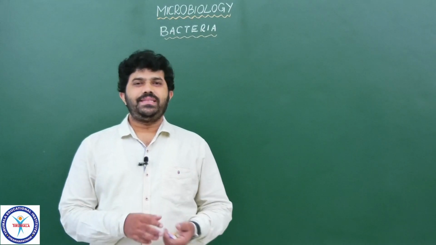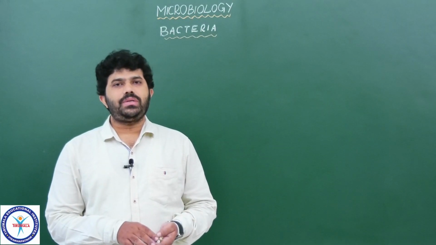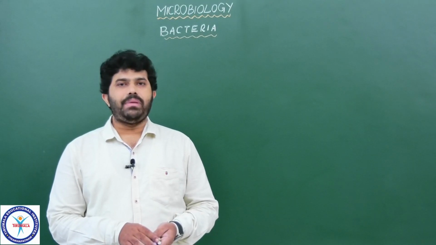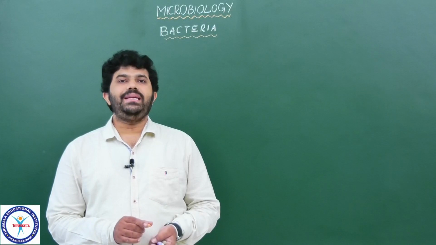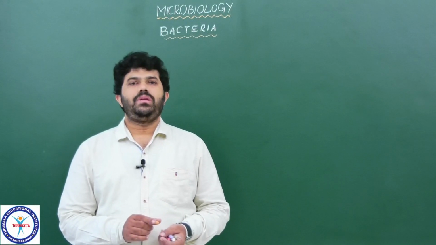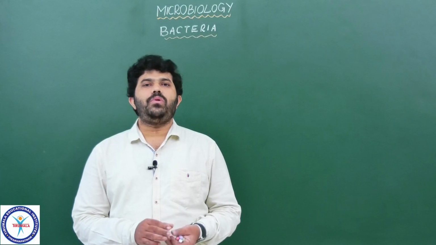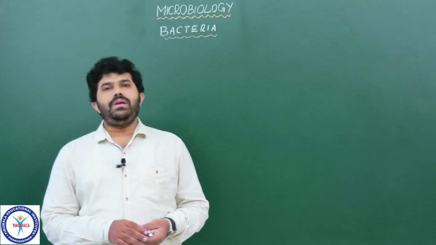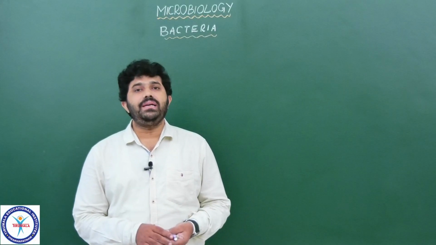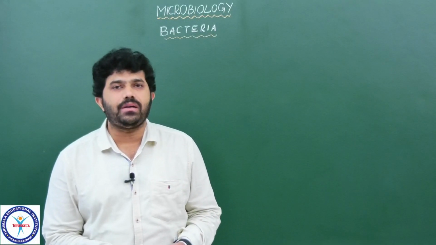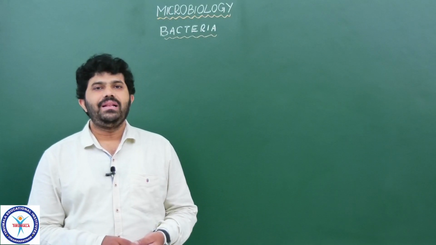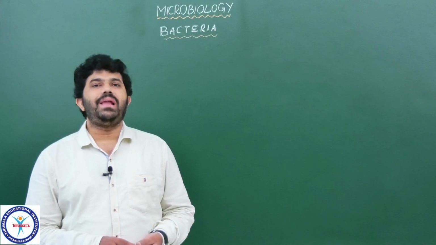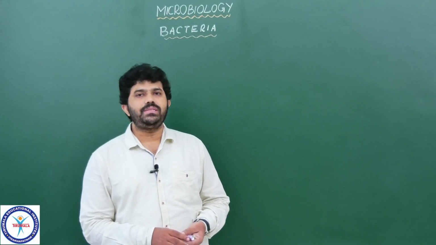Good morning students. Today we would like to discuss another topic in the chapter bacteria, that is bacterial cell structure. Already we have discussed bacterial cell structure very well in the first year botany. Here we are discussing the main important variant components of the bacterial cell. They are flagellum and plasmids. Now got the point students?